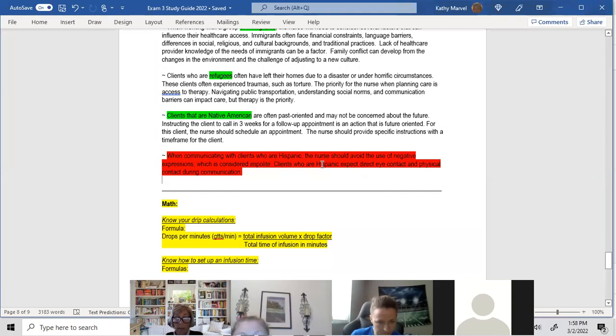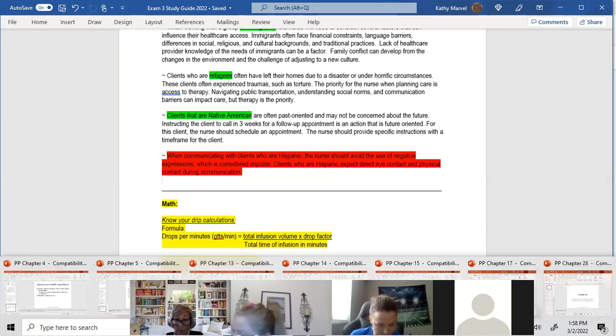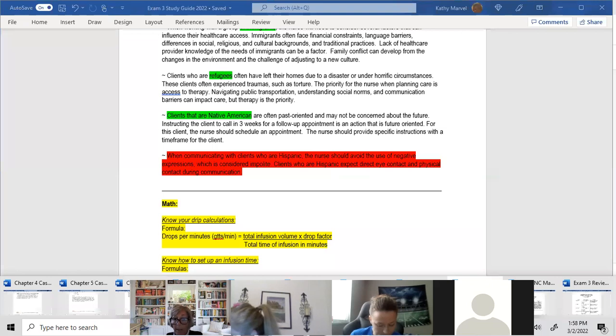I just need to update this sentence. Okay. So it would say clients who are Hispanic or if they have direct eye contact, it's considered disrespectful. Does everybody understand that? So everybody write that into your study guide. Okay, and we all use this, all the instructors use this,